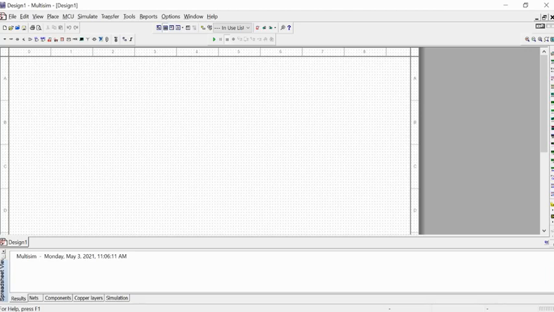NI Multisim is basically a software which is used to design and simulate different analog and digital electronic circuits. There are many more softwares available, but Multisim has so many components that we see in our real-time application. For this reason, we can use this to design any kind of electronic circuit very easily and then simulate it to check whether this circuit will work accurately or whether it is efficient enough to build it on a breadboard to use for any purpose.